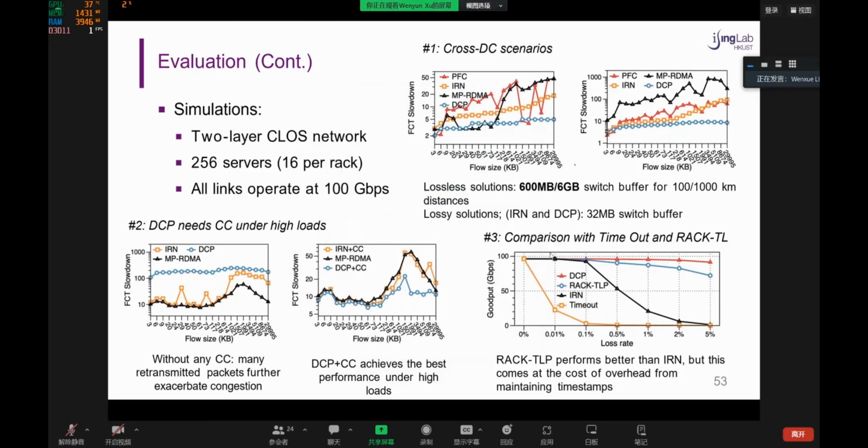I think it might be different, but the performance advantage should be consistent, because as shown in this page, RRN has its own congestion control algorithm, and MPRDMA has its own CC algorithm, and DCP outperforms them significantly. So I think the CC algorithm is not very important in our experiment.